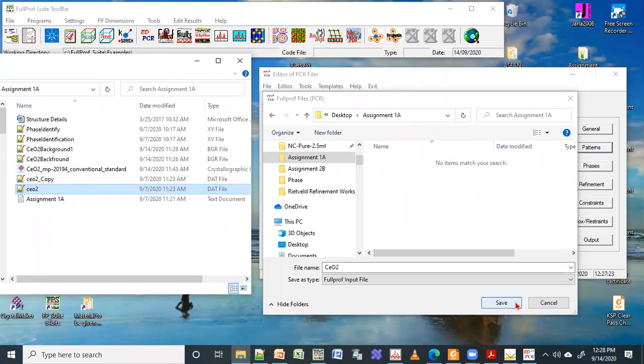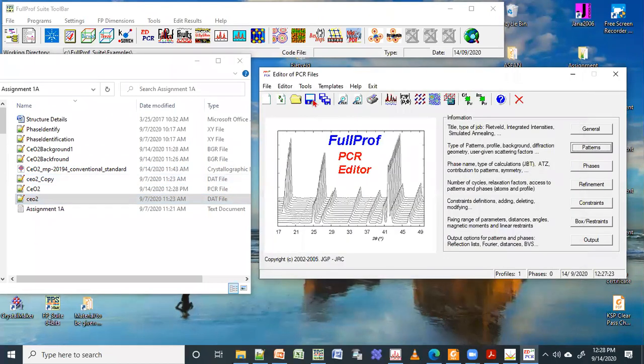Now if I say save, then you will see there is a PCR file which is coming here at 12:28. It has saved here. So that is your PCR file. It has created, but this is an incomplete PCR because we did only data file and then something.